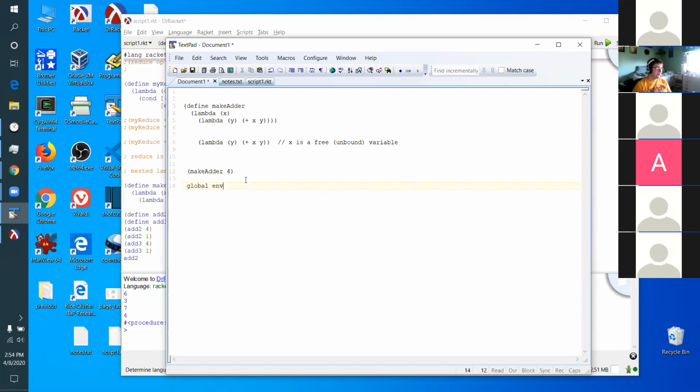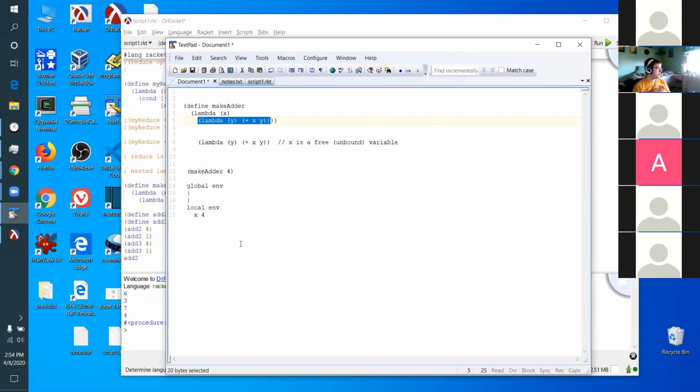Okay, the global environment is empty here, because there's no global variables. But when you call this function, you would have to create under the global environment a local environment, okay, and in the local environment you'd bind x to 4 because you're going to call make adder with parameter 4. So then you create the local environment that binds this 4 to that parameter, okay? Then you return a pointer to that code,